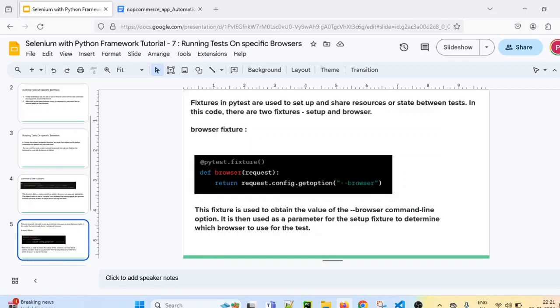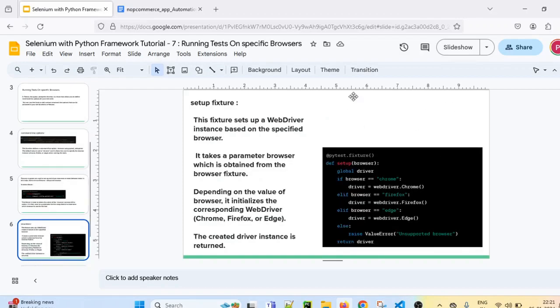Then we have created two pytest fixtures. The first one is the browser fixture and the other one is the setup fixture. The browser fixture is used to obtain the value of the browser command line option and then used as a parameter for the setup fixture to determine which browser to use for the test. This is the setup fixture we have used.